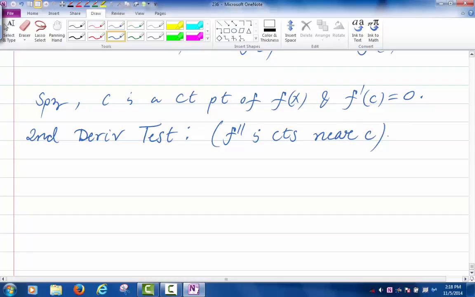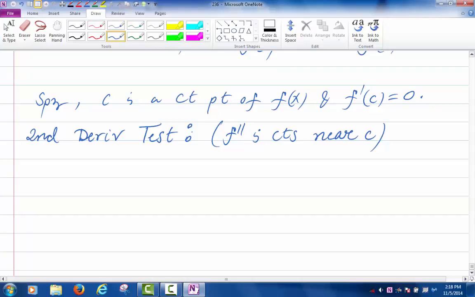So what it means is that the second derivative function is continuous in an interval containing c. You don't have to worry about that all that much when you do the problems, but the second derivative needs to be continuous near c. But what does it say? Well, if the derivative at c is 0,